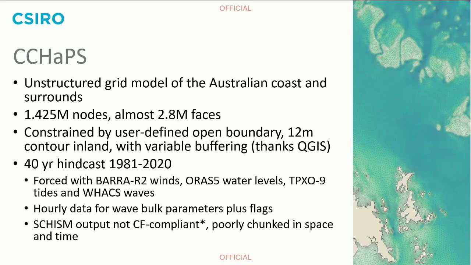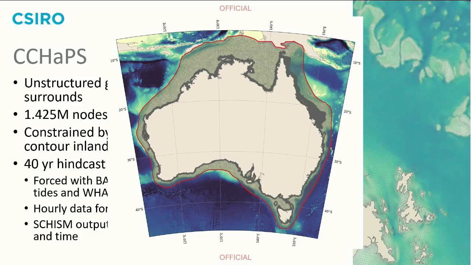We got a 40-year hindcast from 1981 to 2020 with hourly bulk wave parameters plus wet-dry flags. The Schism output itself is not CF compliant, and I've put an asterisk there because they have fixed that recently. But as of the point of the production of this model, it was not. So that's a bit of a map of the CHAPS grid over